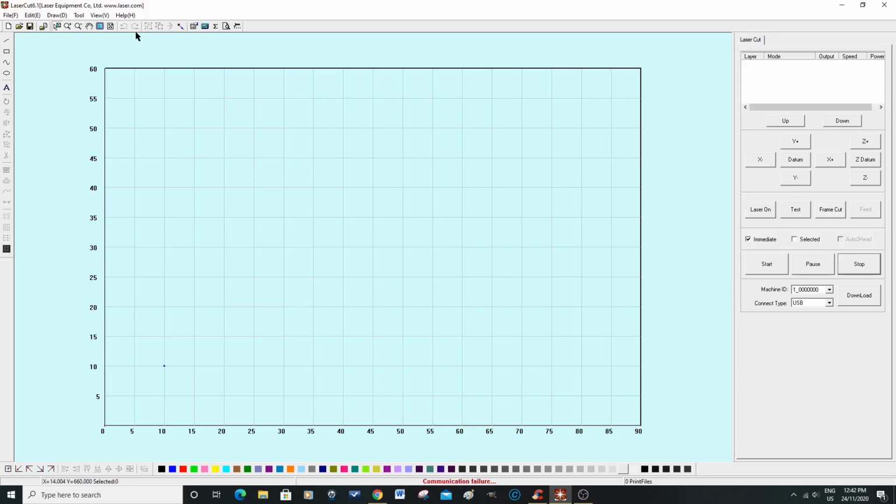This is do and undo. And this section here is for simulation, which I'll show you a bit later. Over this side, now this program allows you to operate the laser directly from a computer, a Windows 10 computer,